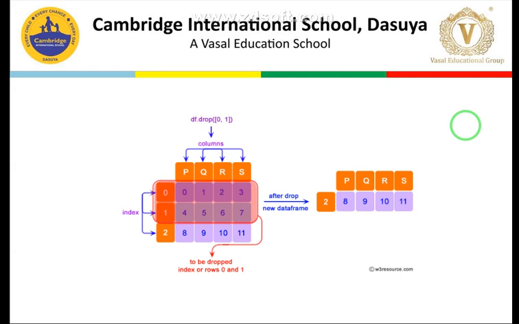Then we discussed how we can remove the rows based on the index value. So students, here you can see the index values are 0, 1, 2, and the command at the top contains the index values 0 and 1, so that's why these two will be removed, and we will find this resultant data frame. Moving forward,